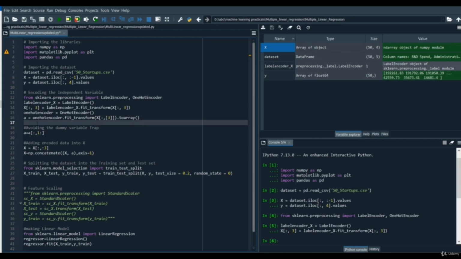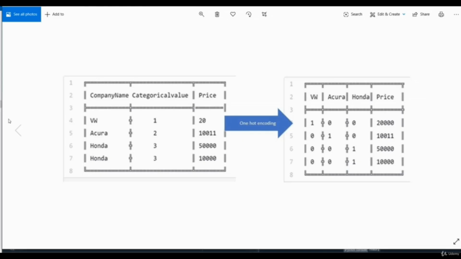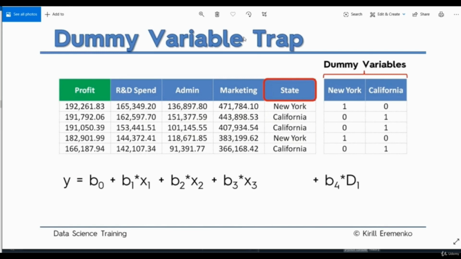Now after that, a problem sometimes occurs, which is the dummy variable trap. In order to understand that, let's look at an image. This is the code related to our example. As you may have seen here, these are profit, R&D spend, admin, marketing, and this is the state. Now the equation related to this will be like B0 plus B1 into X1 for R&D spend, B2 into X2 for admin, plus B3 into X3 for marketing.